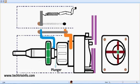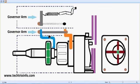So that's the plunger. This plunger is connected towards our rotor, which is connected by the drive shaft, which gets its drive from the engine, resulting in the rotor to rotate. Okay, that's the drive shaft, and it gets its drive from the engine. It is connected towards the engine side. So this is mounted towards the engine to get the drive for the fuel injection pump. And those are the governor arms. So this metering valve and the governor arms move simultaneously, the same way as the governor retainers move with the RPM of